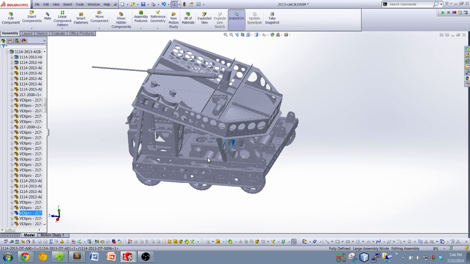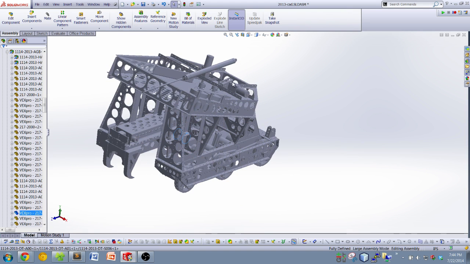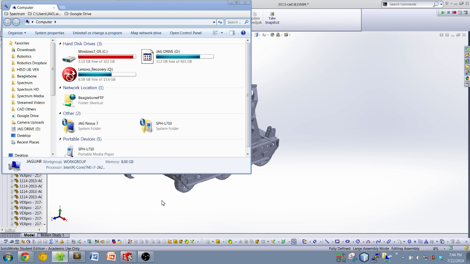You could go back in and color everything. You could remate everything if you really wanted a working version of 1114's robot in CAD. You could do it, but it would be pretty complicated. What does